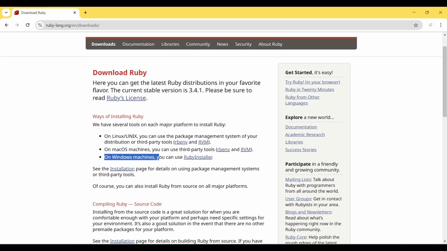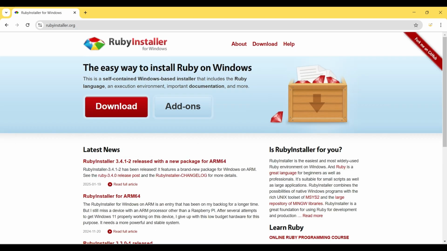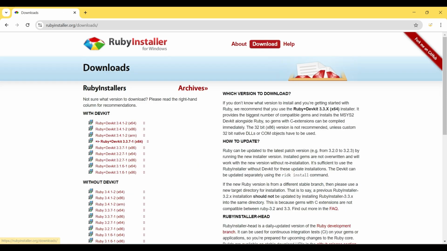On a Windows machine, you can use Ruby Installer. So I click on Ruby Installer and then I click on the download button. And then here is a recommendation, Ruby plus DevKit 3.3.x x64 installer. So I click on it